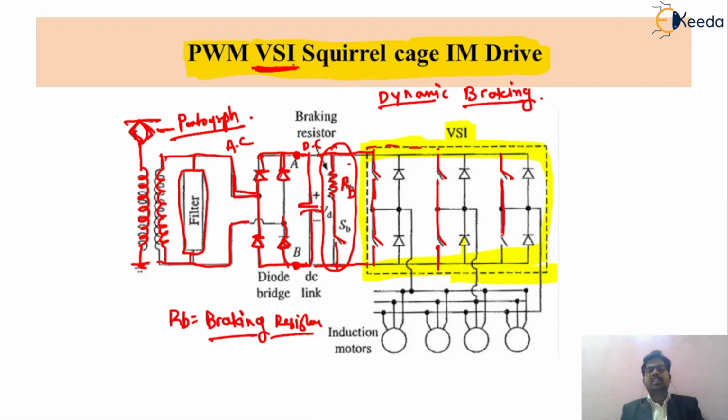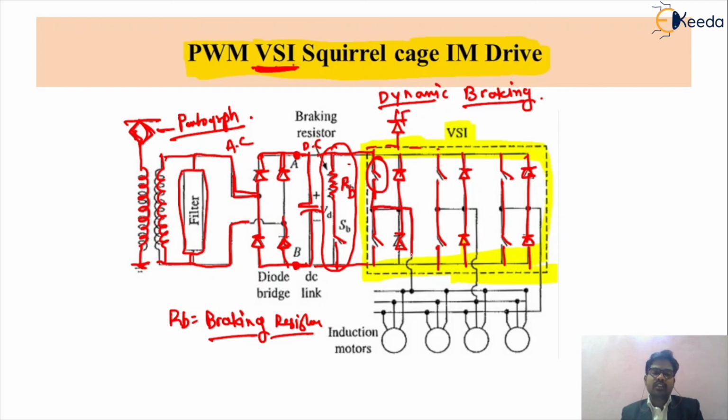These power electronic switches will be your thyristors, and these are the diodes. These diodes are called freewheeling diodes, and they are connected anti-parallel to each of the power electronic devices. So instead of these switches, we are using power electronic devices, which will be called a power thyristor or power transistor. While we are changing the firing angle of these power electronic switches, we can get